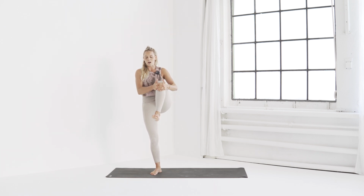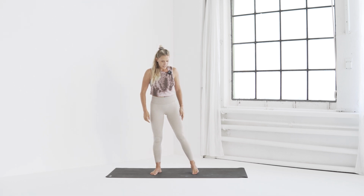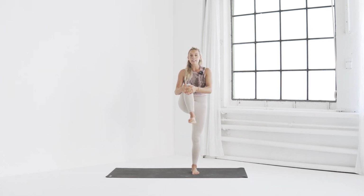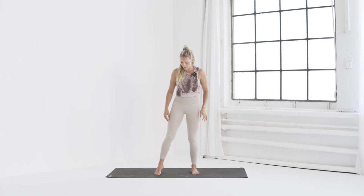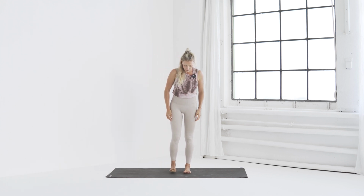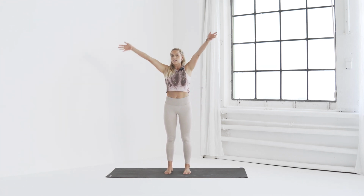Inhale, lift the opposite knee up in toward the chest. One more time, each side, step it up. Knee in, little squeeze toward the chest. Exhale, foot sideways, lift on toward the opposite leg. Good, and from there, back into center, walk the feet a bit closer together,